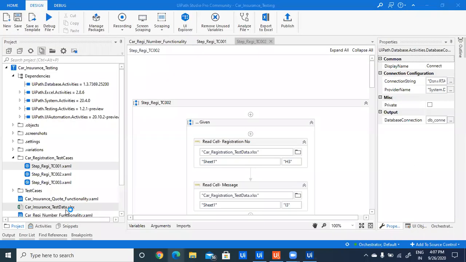Second test case execution has started. Again, it has opened a Google browser.